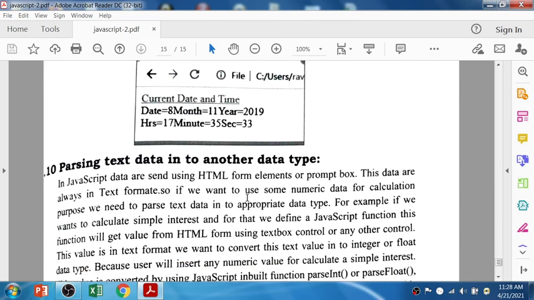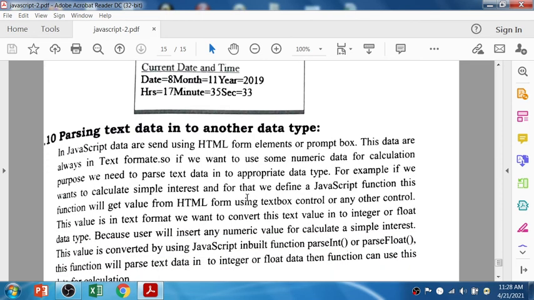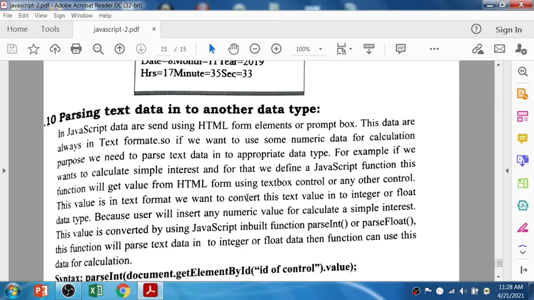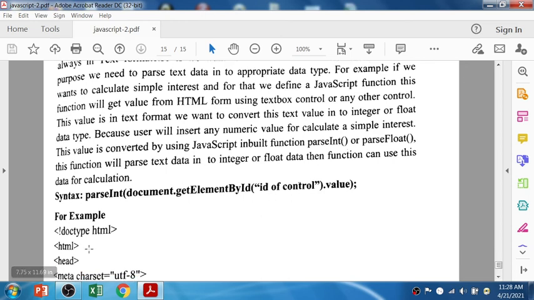So this program you can also complete on your computer, right? The next is parsing text data into another data type. So the syntax is parseInt, right? The JavaScript inbuilt functions are called parseInt or parseFloat.